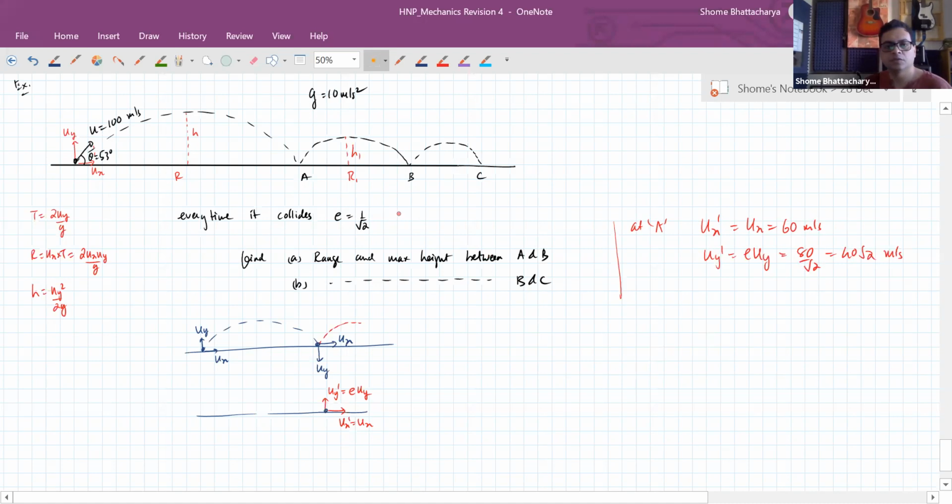Okay. So this R1 will become 60 into 2 times 40 root 2 by g. And your H1 will be